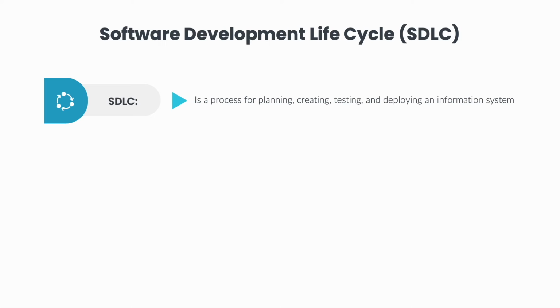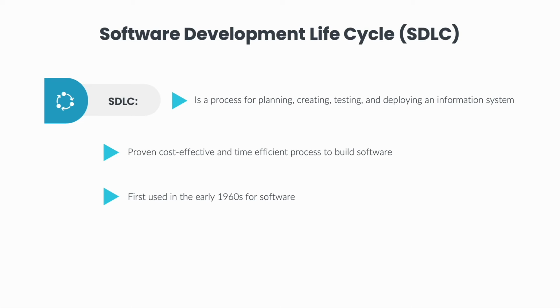System Development Lifecycle, or SDLC, is a fundamental and traditional process that everyone must know when building anything in technology, especially in software development or information systems like our e-commerce platform. SDLC is a proven cost-effective and time-efficient process used by development teams to design and build quality software since the 1960s. During the SDLC process, a typical project goes through several development stages as developers add new features and fix